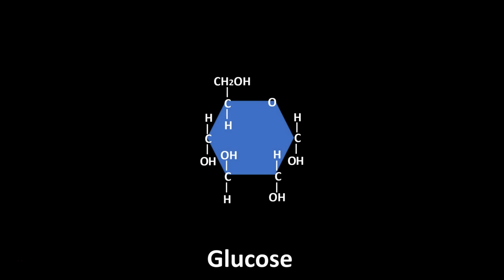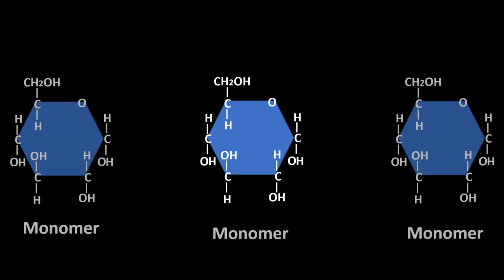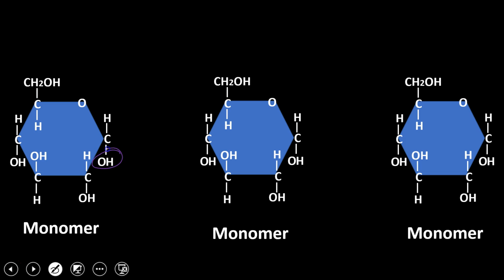Now let's see what this actually looks like. This is a molecule of glucose. We'll talk about glucose later, but just know that this is a monomer. And if we look at the sides of each of these monomers, we notice that there's an OH on all of them. Well, they're all separate. What we're going to do right now is dehydration synthesis. We're going to bond them together, and they're going to lose water in the process. So